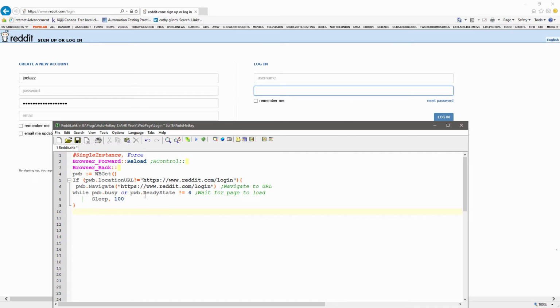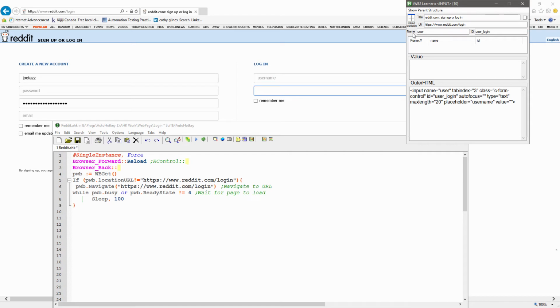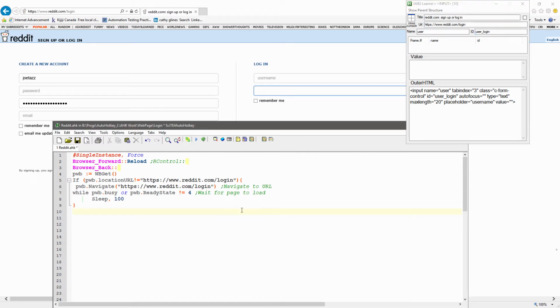Now that we got that going, I need my WB2 learner tool. I'm going to drag this in here. Look, the name and ID both are populated. Input name, and that's the name here. You see how this says user? That's a user. ID down here somewhere is going to say user login. See, the ID is user login, right? So since IDs are my go-to if they're there,